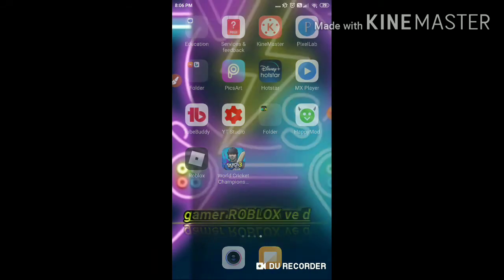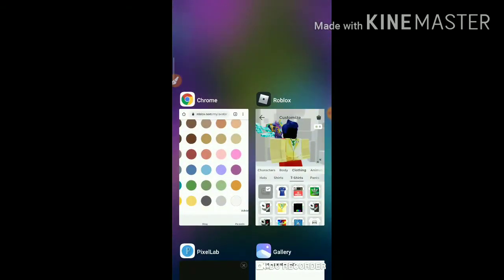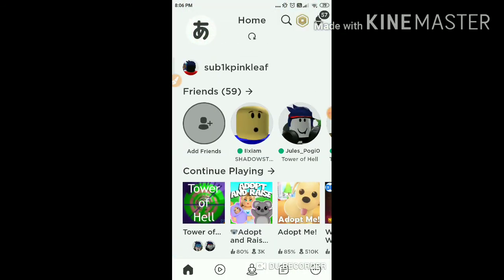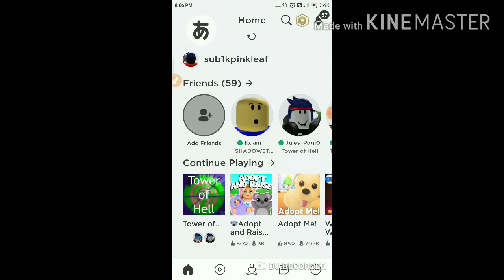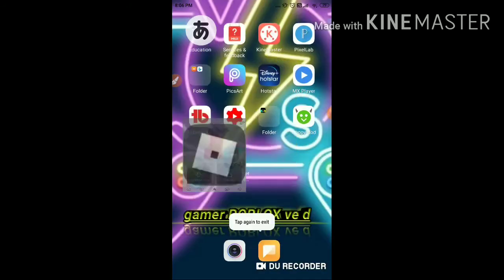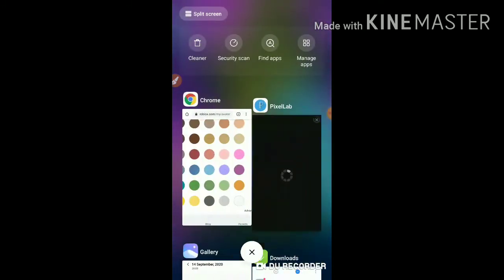And now just see your settings. It may take a little time to refresh, guys. Okay, let me do it like this, refreshing. Okay, wait, guys, I am reopening my Roblox app. It will be fixed from there. Okay, so the torso, right arm and left arm you have to select in the bright color, as you know. Bright yellow color.